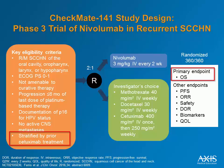This is called nivolumab. This was the first positive randomized phase 3 trial in head and neck cancer. This was a study in recurrent metastatic cancers of the head and neck that had progressed within 6 months of cisplatin therapy, and it stratified by prior cetuximab therapy. Patients on the CheckMate 141 study were randomized 2-to-1 in favor of nivolumab at a dose of 3 milligrams per kilogram every 2 weeks. The primary endpoint was overall survival, and 360 patients were randomized, 240 to nivolumab, 121 to